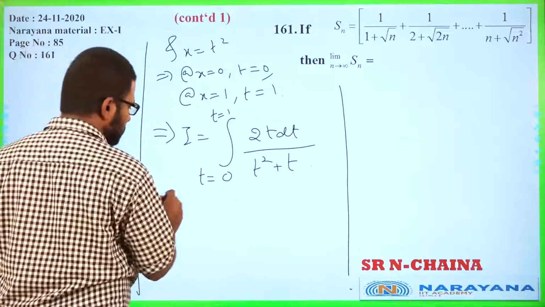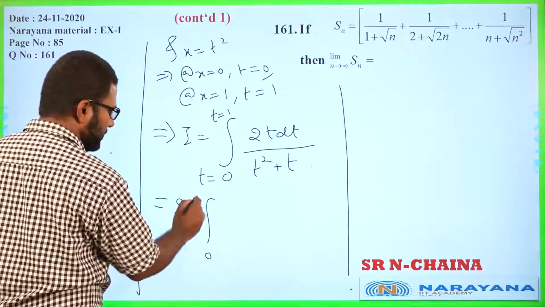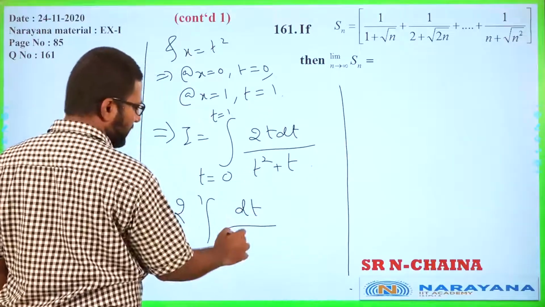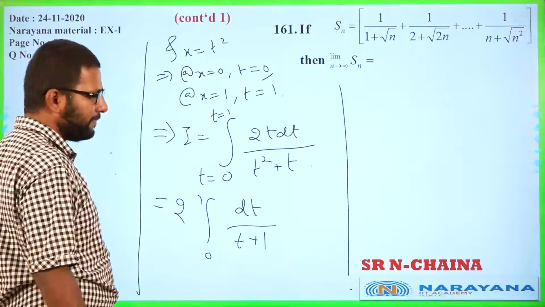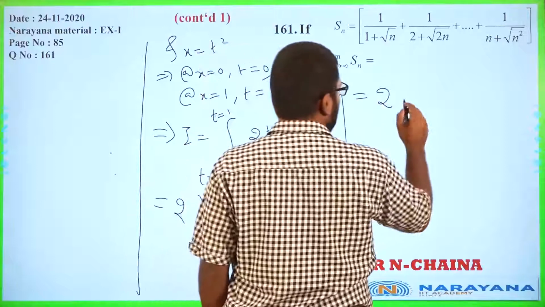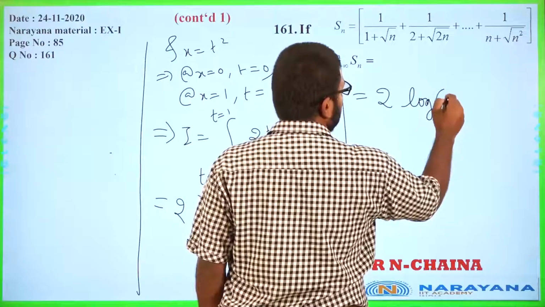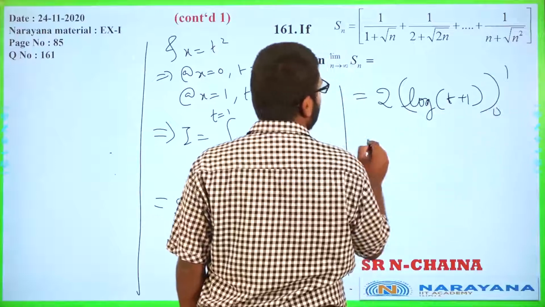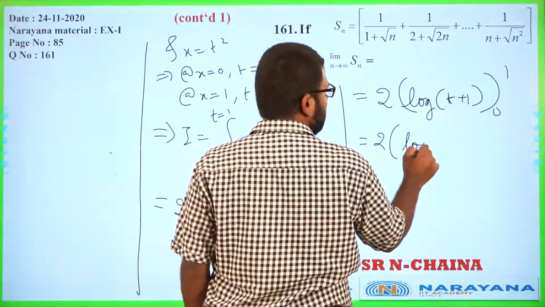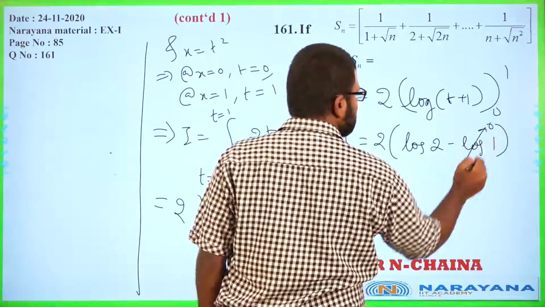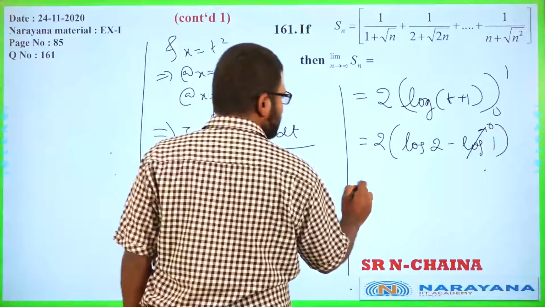Now that is nice because 1 t will get cancelled. 2 integral 0 to 1 dt by cancelling 1 t, only t plus 1 will remain. And that integral is 2 log t plus 1 from 0 to 1, which is 2 times log 2 minus log 1, and log 1 is 0, right? So 2 log 2